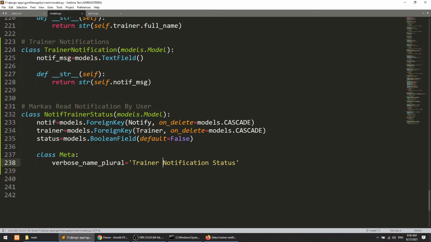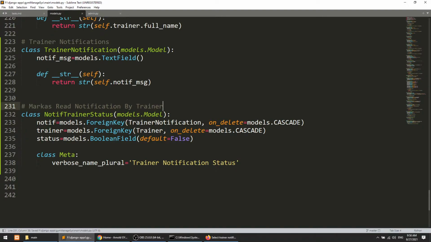Status is a boolean with default false, and here we have defined the plural name, trainer notification status. So we have created the notification, and we are also saving the notification status by trainer.